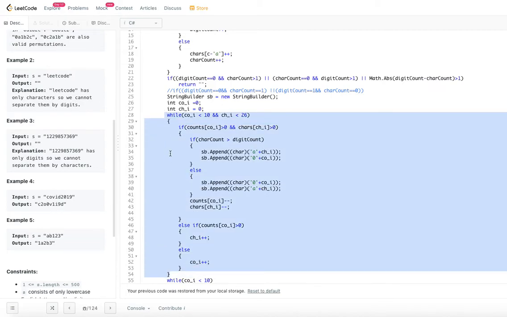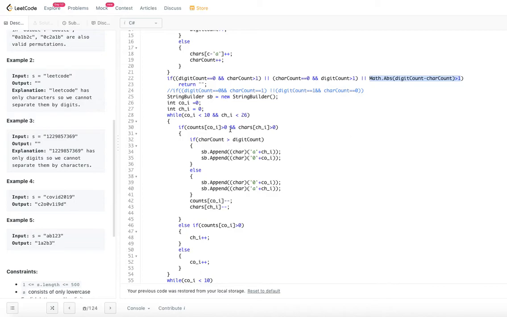But there is another case. If there are equal numbers of digits and letters, this while loop will suffice. But we have verified that the difference can be at most one. So there can be at most one more digit than characters or one more character than digits. So in that case there is one pending which we need to add.